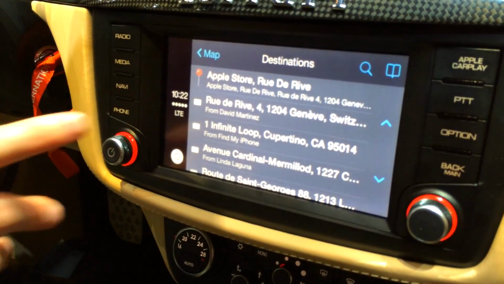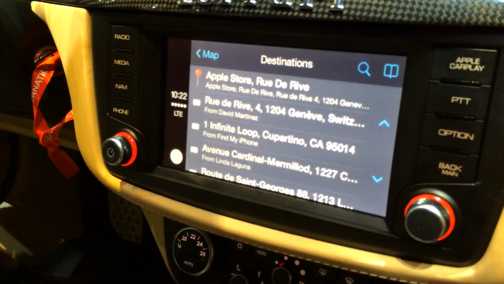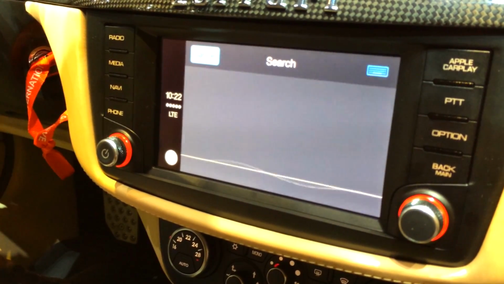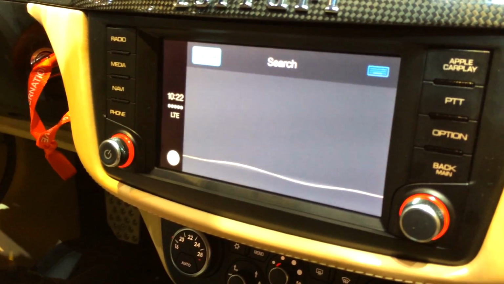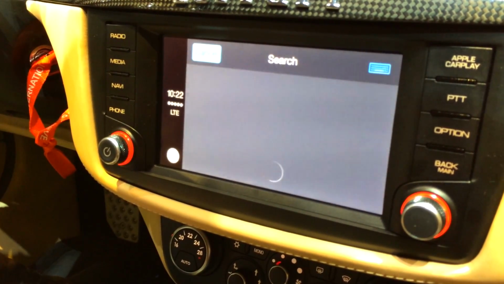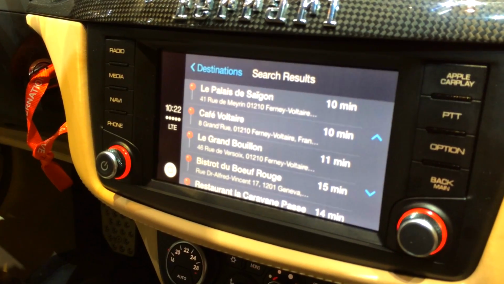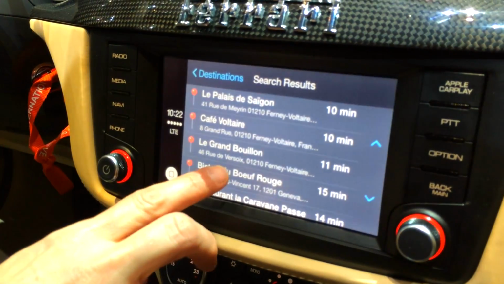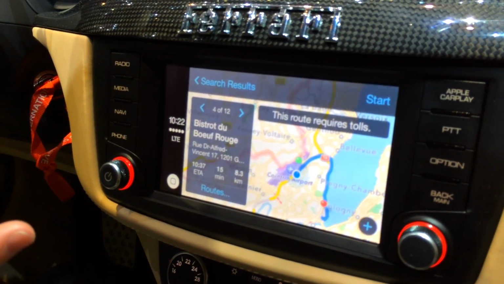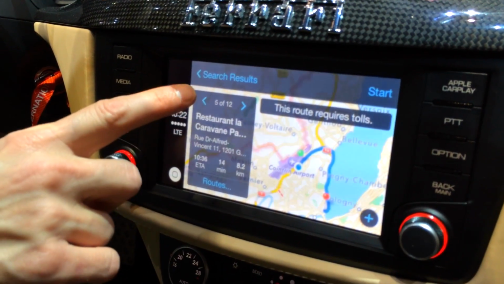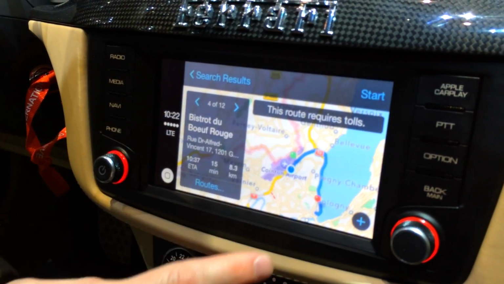And I can use these, or if I want to search for somewhere new to go. Where would you like to go? Find a French restaurant. I found 12 restaurants pretty close to you. So I can look through restaurants here and choose somewhere. I maybe want to go here and see where it is. So maybe I look at some of the other ones and say, yes, I want to go to this one,